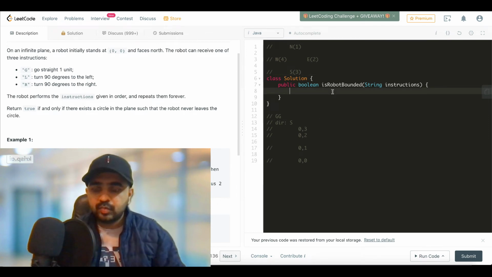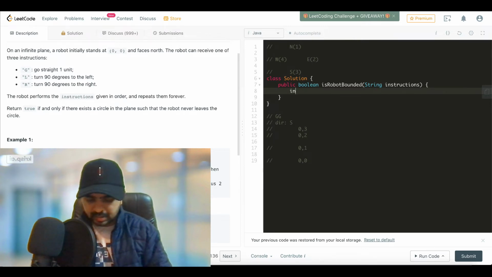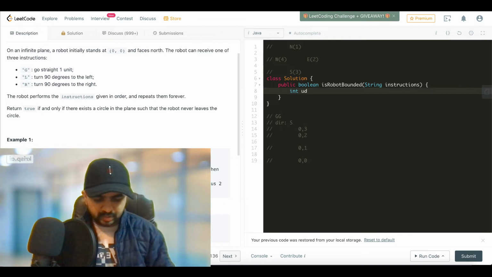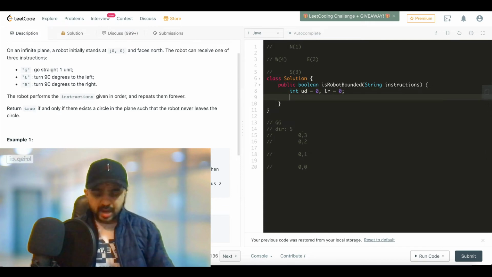And to track the movement of the robot, we will create two variables. For the up down movement, we can call it UD. For the left right movement, let's call it LR. And to capture the direction, let me create a variable called dir.